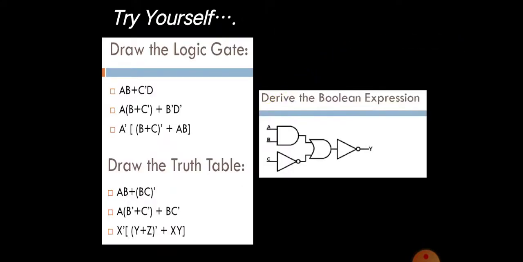My dear children, try this. Try these gates. Draw the circuit diagrams of these 3 questions. Draw the truth table for all these things. Truth table. And derive the Boolean expression from this gate. Here I am giving a gate. What will be the y? You need to derive. While we are seeing at the online session, you need to answer these questions. Thank you.